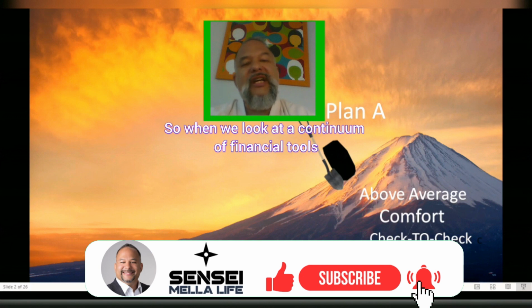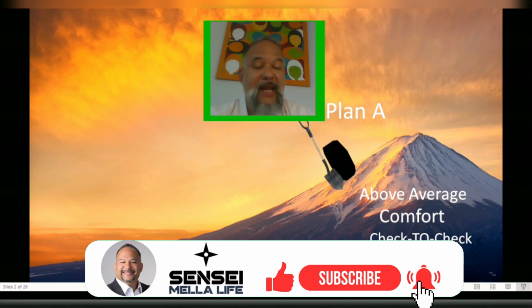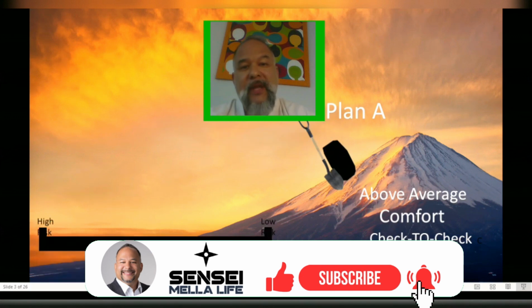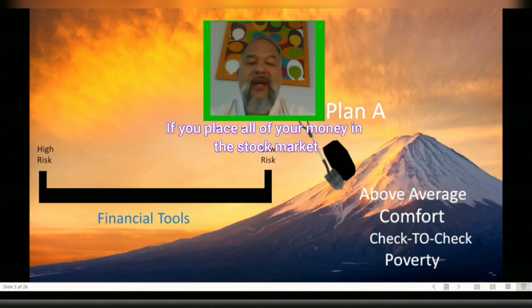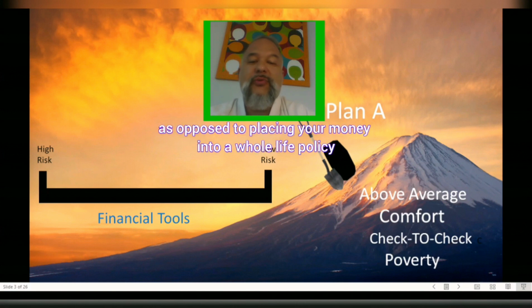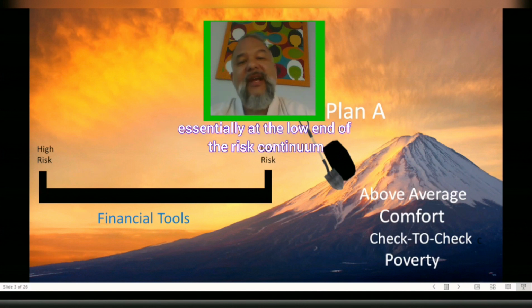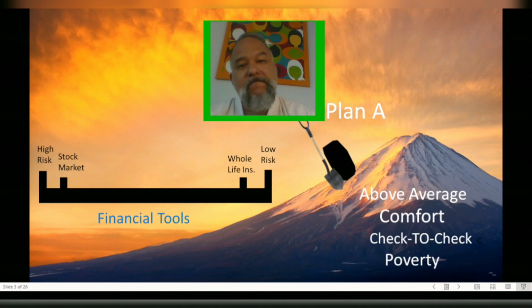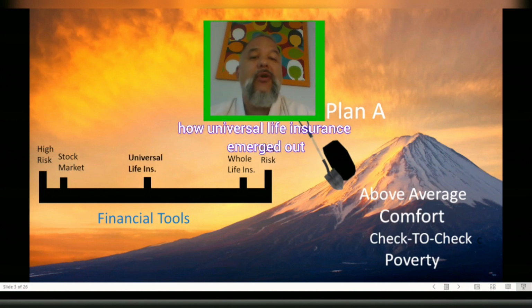So when we look at a continuum of financial tools and how they relate to risk, if you place all of your money in the stock market, that degree of risk is at the high end of the continuum, as opposed to placing your money into a whole life policy, essentially at the low end of the risk continuum. In my last video, I was discussing how universal life insurance emerged out of the need of